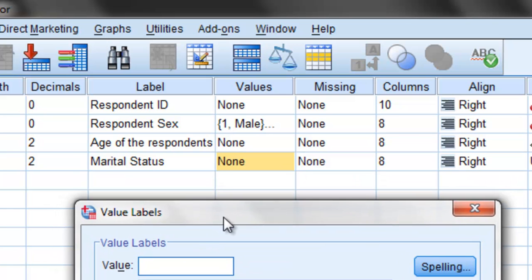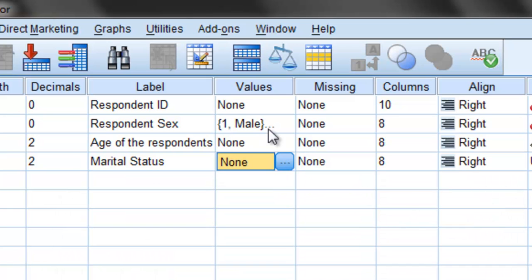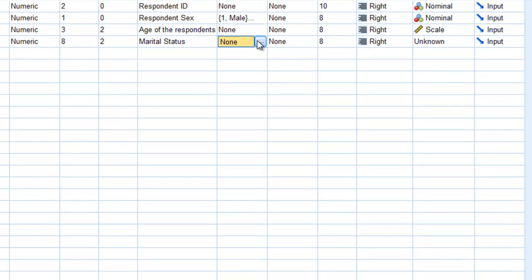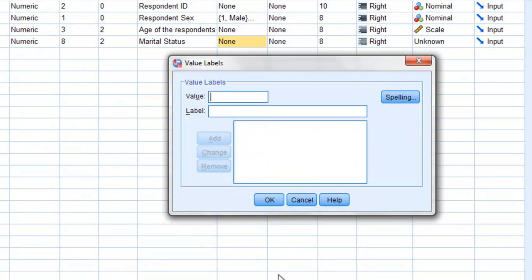This is the important factor you must learn. Values, in the values column you have to give the value. So value and labels. We have assigned 1 for single, so here you type 1 and then label it as single, press add, then type 2 and label it as in a relationship, then press add,